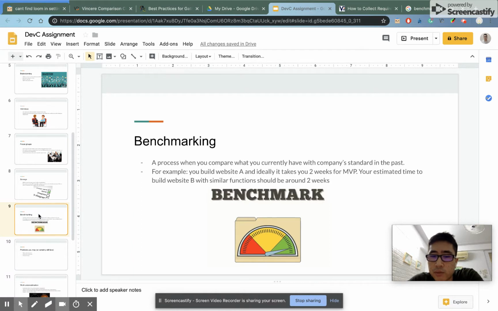All right, the next one is benchmarking. Benchmarking is when you compare and contrast with everything you have done in the past. For the example here, you built website A and it took you 2 weeks for the MVP. So in the future, when you do another website,